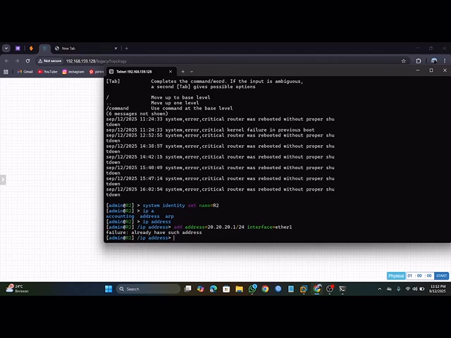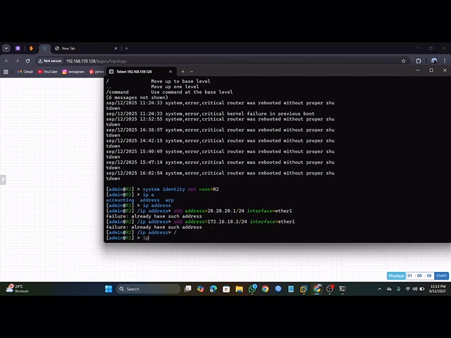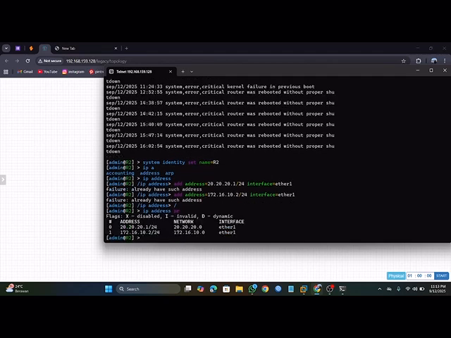Okay, success. And next you type add an address and then IP here, and interface and other one. Okay, success.